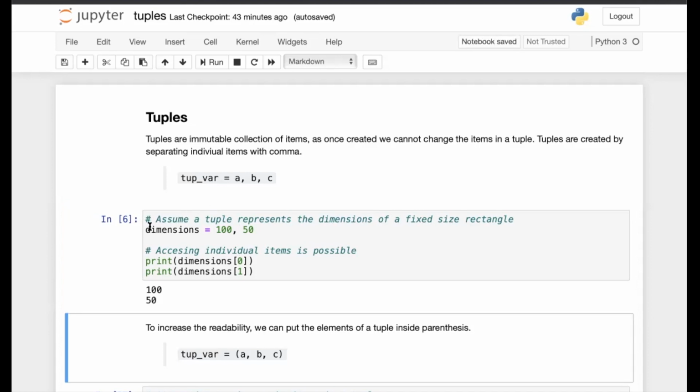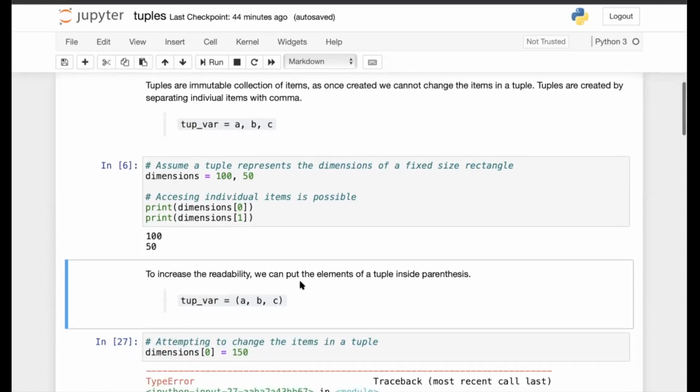Here this tuple with the name dimensions is created, and I am printing the individual items of the tuple. dimensions in square brackets 0 gives me the first item, and dimensions in square brackets 1 gives me the second dimension.